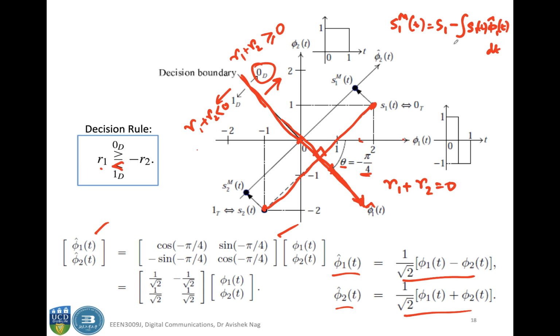So this part you are subtracting. So you calculate this part. So phi 1 hat(t) is now given by this. So this will be S1(t) minus, if you multiply S1(t) with phi 1 hat(t), you will get 1 over root 2